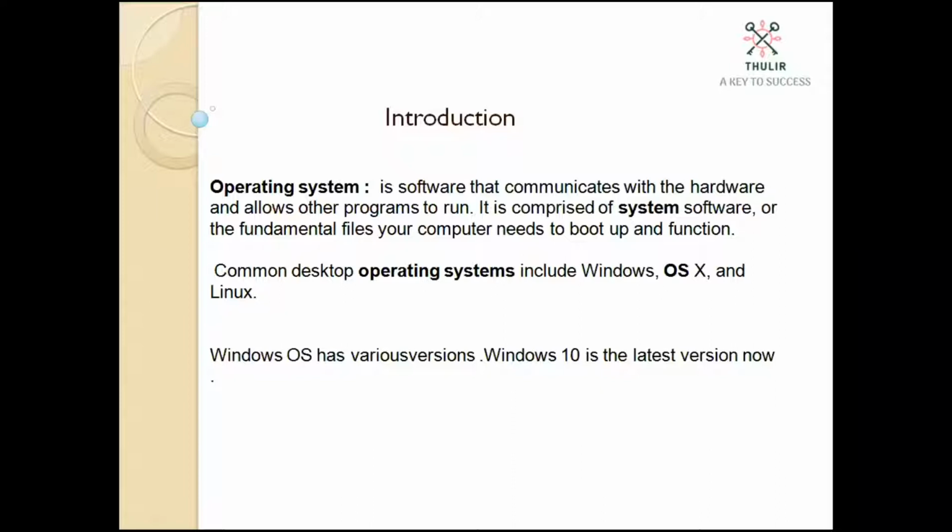So you all know operating system is nothing but a software. It is a system software which is kind of an interface between the hardware and the system and the computer. It's a kind of an interface. So as per the definition, operating system is a software that communicates with the hardware and allows the other programs to run. It is comprised of system software or the fundamental files your computer needs to boot up and function. So operating system is something which is very fundamental of any system for your computer to boot up and function